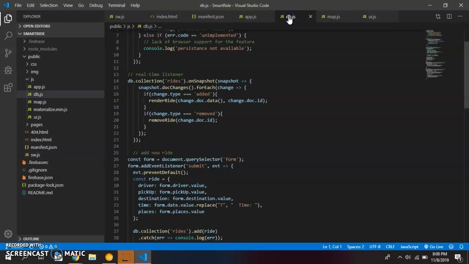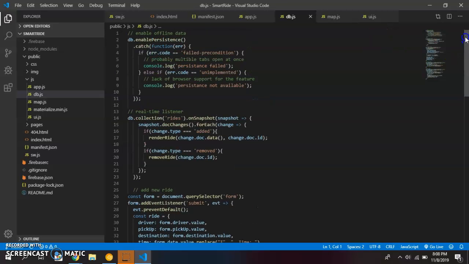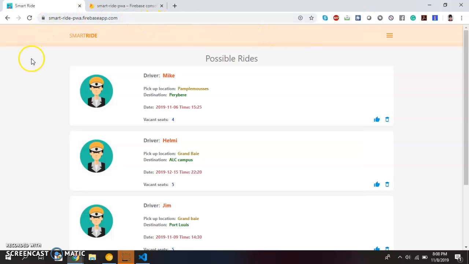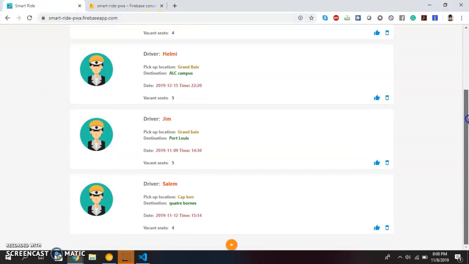For the database, I am using Firebase Firestore database provided by Google. It provides many functionalities, either online or offline. Online by instant update, and offline by interacting with IndexedDB, which handles the user interactions offline and then synchronizes in the background once the user is reconnected to the database through the internet. So if we go to the application, here is the interface of the application on the browser,